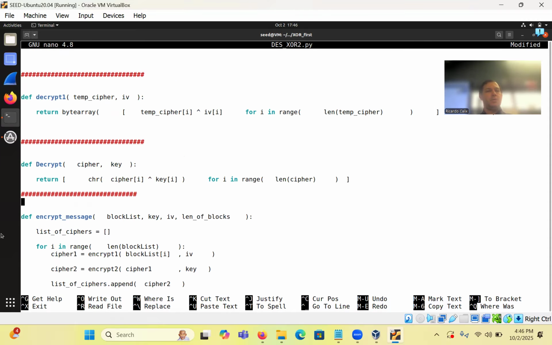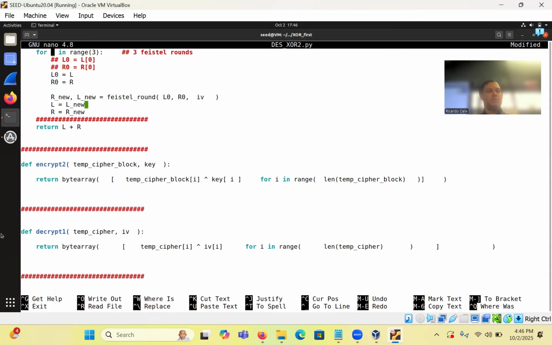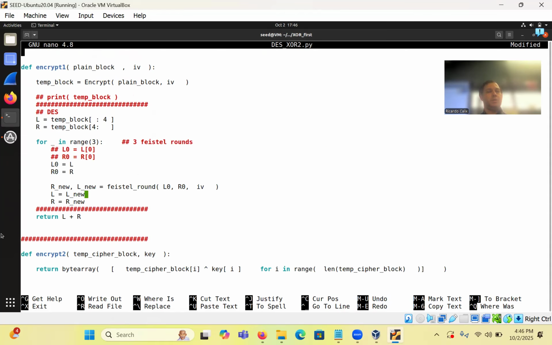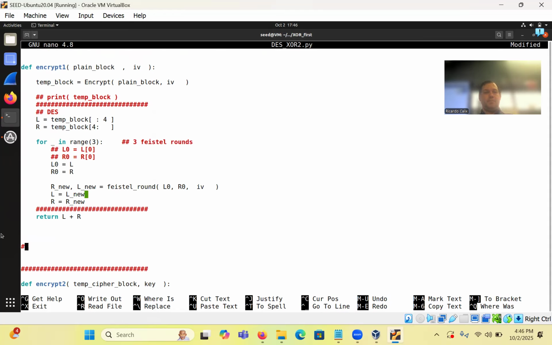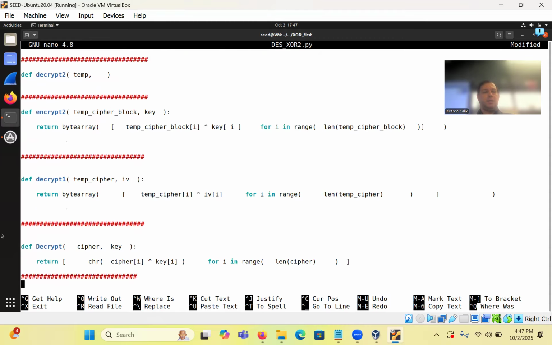I'm actually going to put this near where the other one was for the Feistel net, because this is similar. See this. Okay, so define decrypt2, and this takes temp. And what does it take now? It's going to take, I think,